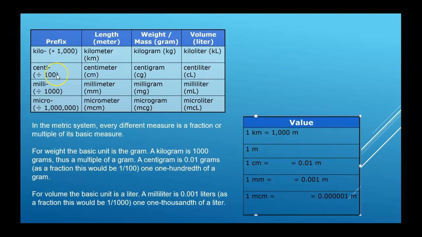And centi is actually 100th of each of your base measures. Milli is 1,000th of each of your base measurements. And micro is 1,000,000th of each of your base measurements. So if you think about it in terms of equivalencies,